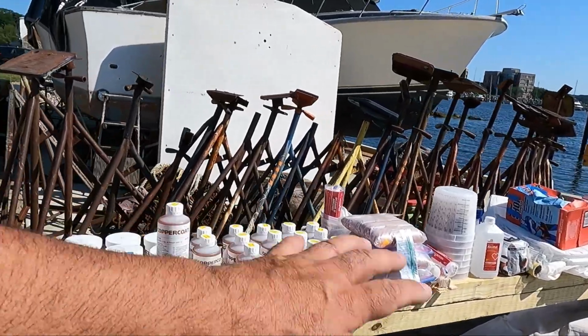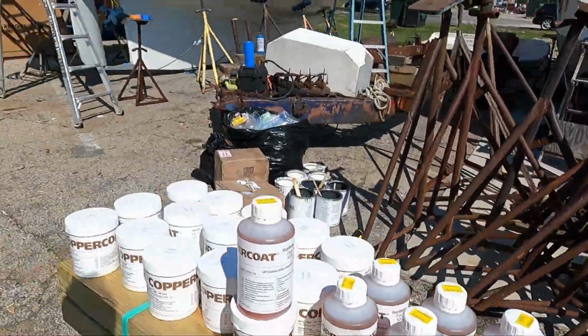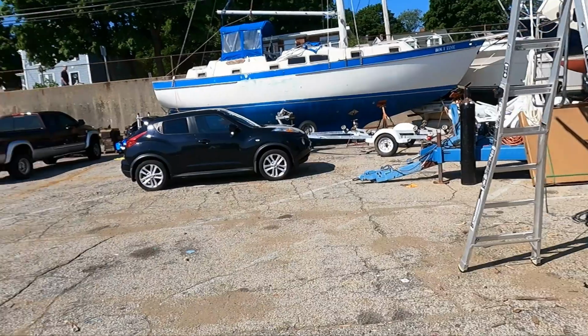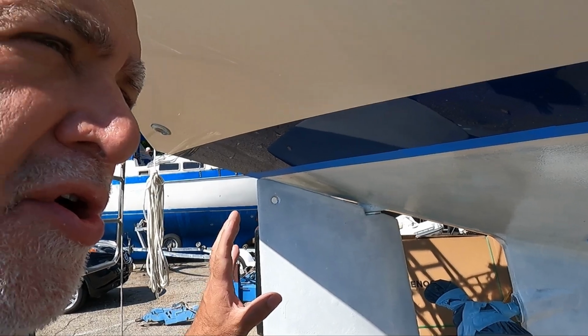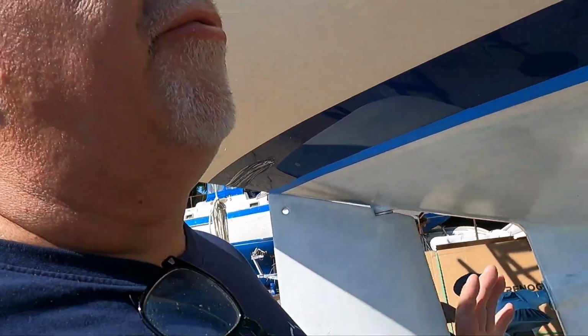So my brother is going to be the mix guy. He's going to be mixing all this up, and we're going to be rolling this out. And our whole thing, the plan I have, I don't know if it's going to work or not, but the plan is, since I don't want the rollers to ever get dry, instead of having us all roll one coat and waiting 20 to 30 minutes to roll the next, we're going to have one person